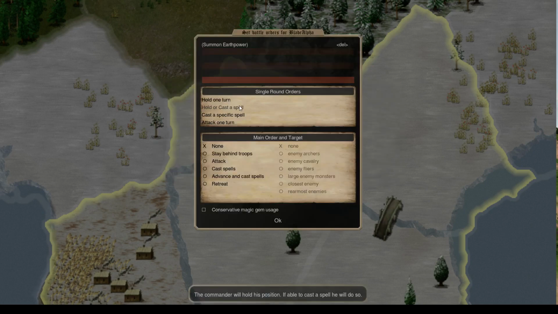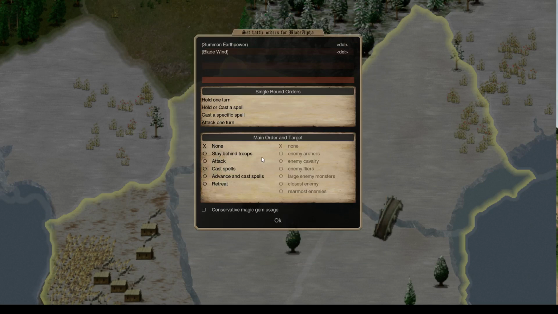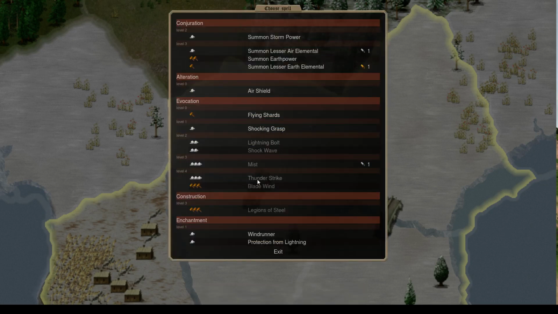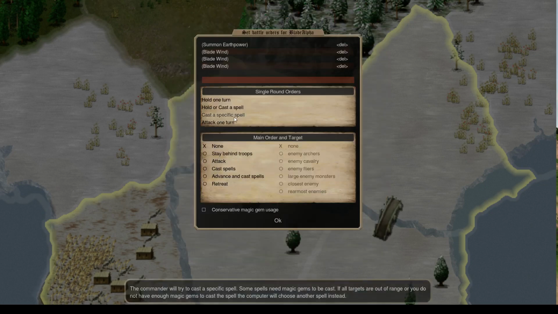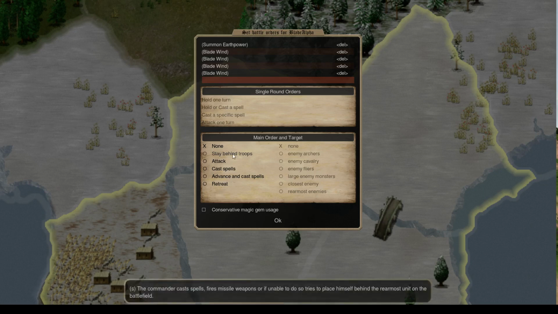That's good. And then, he is going to cast the spell Blade Wind. Now, it says that he can't cast it right now because he only has 2 magic power in Earth, and it takes 3. But with the Summon Earth power, he's going to have 3. So he's going to cast Blade Wind. Oh, not just any spell. Blade Wind. And then we'll have him go ahead and stay behind troops